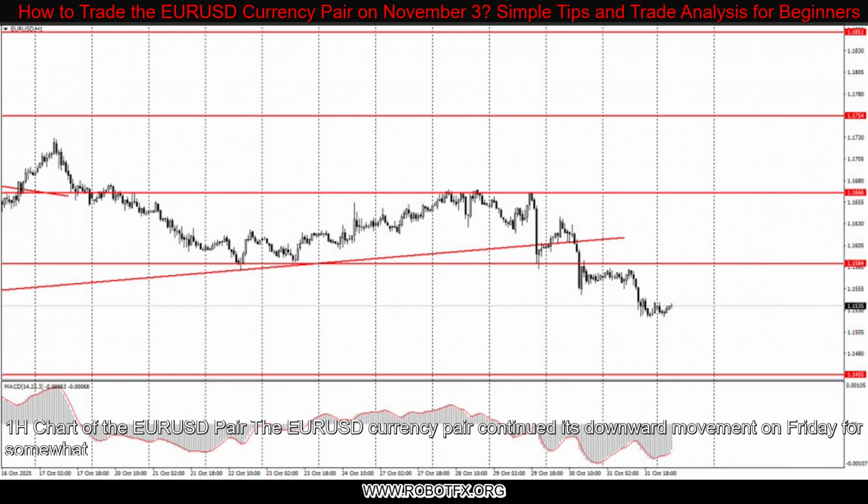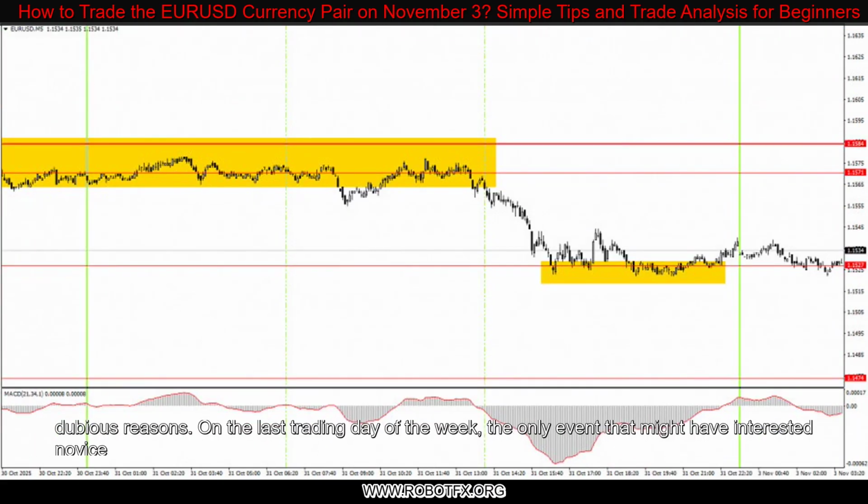1H chart of the USD pair. The USD currency pair continued its downward movement on Friday for somewhat dubious reasons. On the last trading day of the week, the only event that might have interested novice traders was the Eurozone